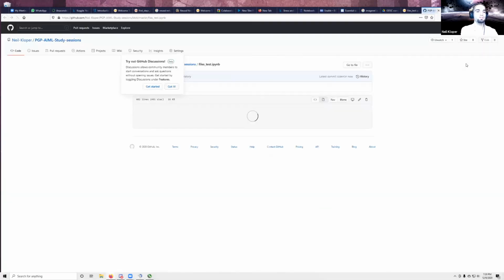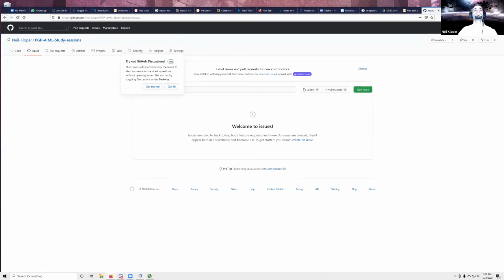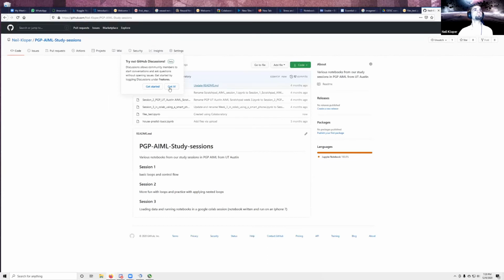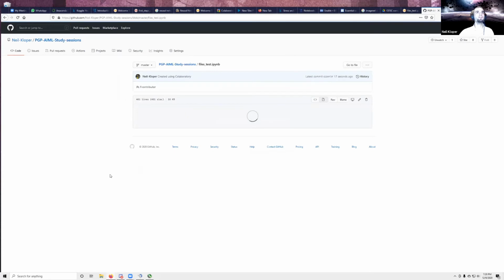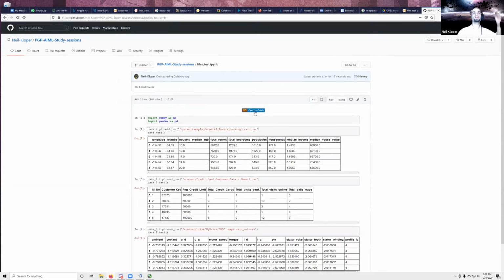So if I go onto GitHub, oops. Interesting, I'll have to look at that sometime. Here, you'll see files test. And if I select that notebook, it'll even show me open in Google Colab. So I can open that notebook in Colab and mess around with it. Now, again,